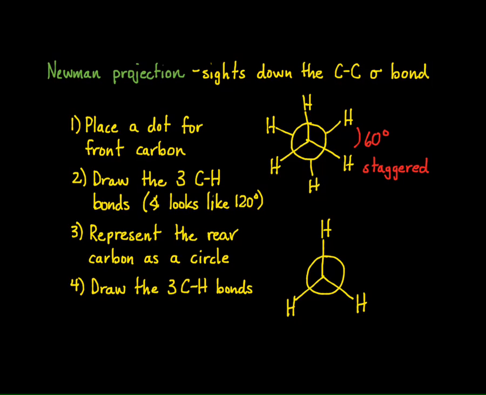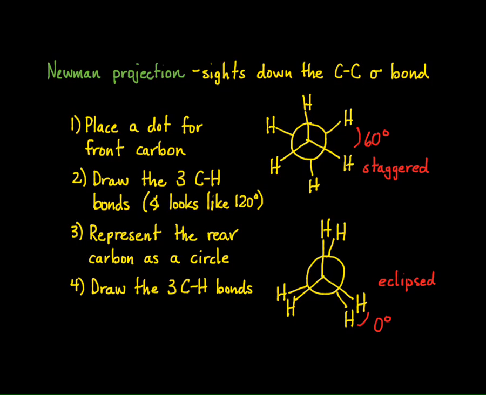Now how do I represent that? Well, it becomes a little bit of a challenge because ideally the hydrogens in back you can't see, but in order to represent that we have to be able to visualize the hydrogens and know that they are behind these front hydrogens. So what we do is we get as close as possible to the front hydrogens, right? And so it looks something like this. And this is how we represent the eclipsed conformation,